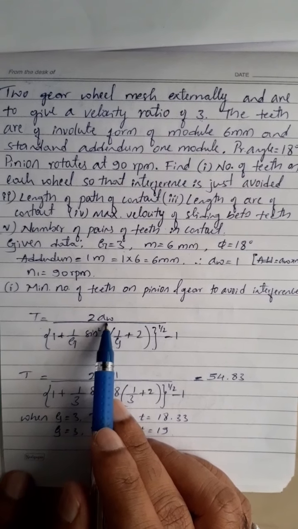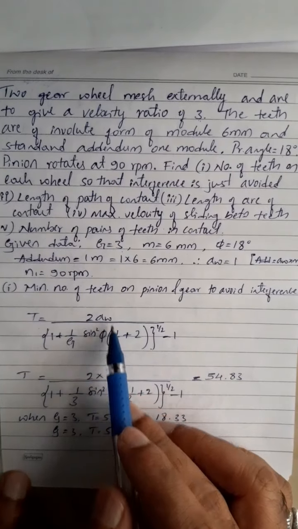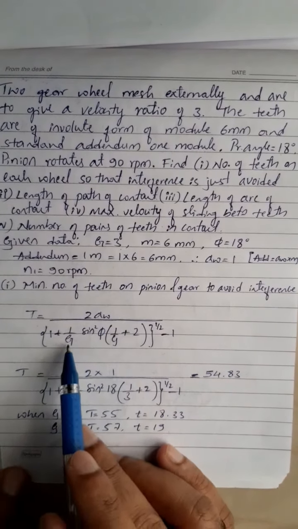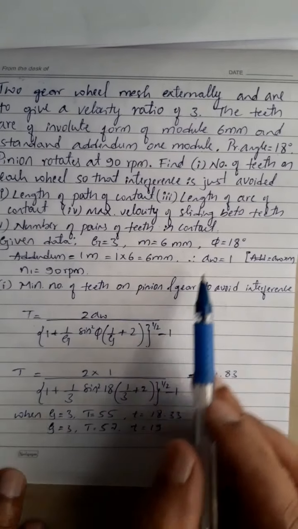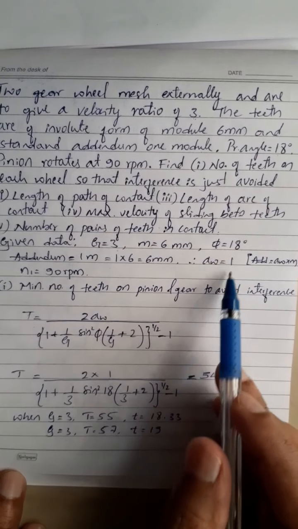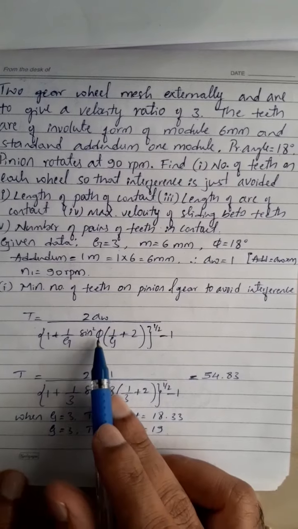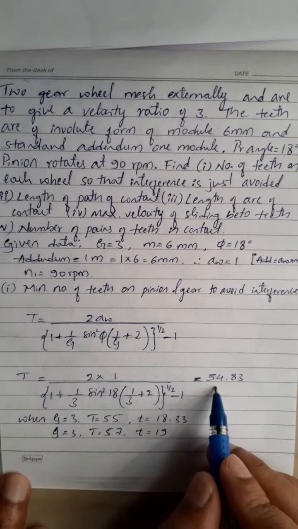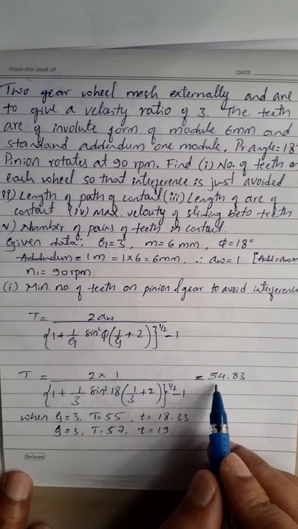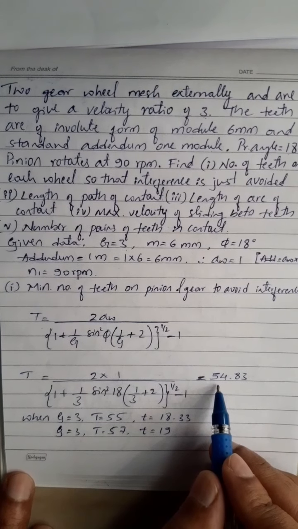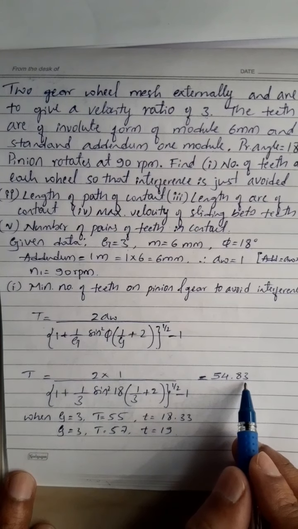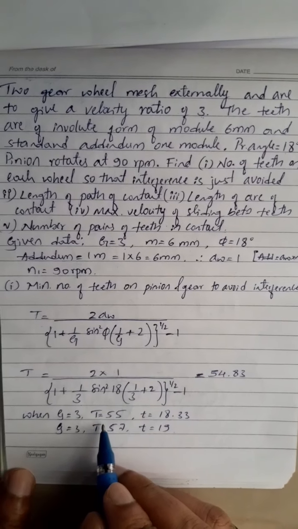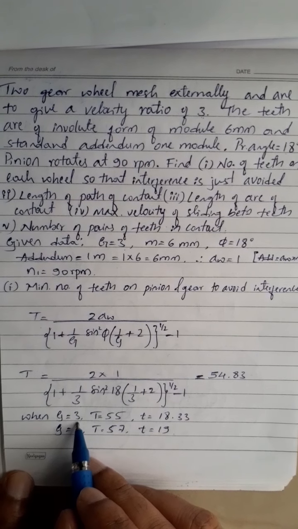So addendum constant is 1, so we'll substitute it as 1. Gear ratio is 3, so we'll substitute here as 3. Pressure angle phi is 18 degrees, so we'll substitute phi as 18 degrees. After substituting all the parameters, we get the minimum number of teeth required on the gear to avoid the interference as 54.83. So if we consider this value as 55, when G is equal to 3 gear ratio